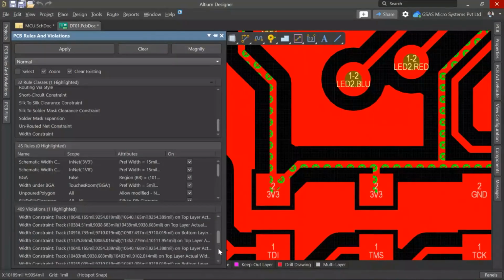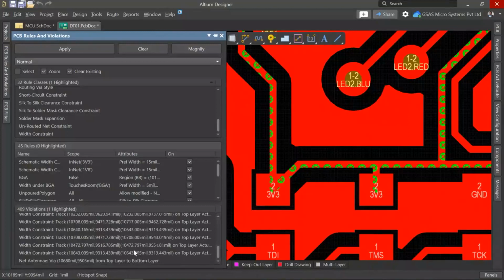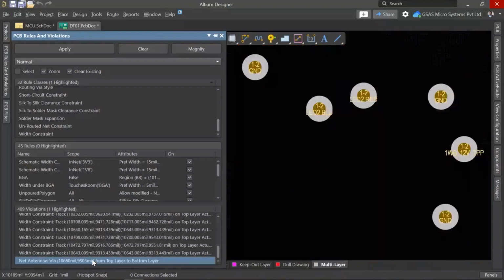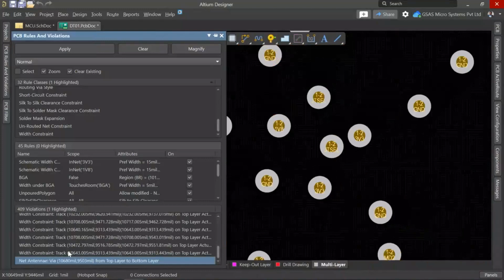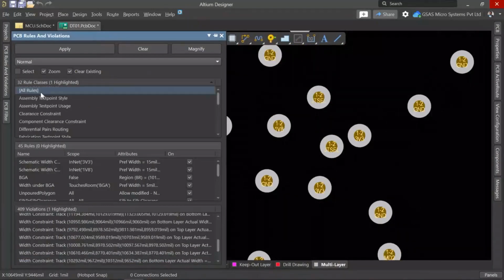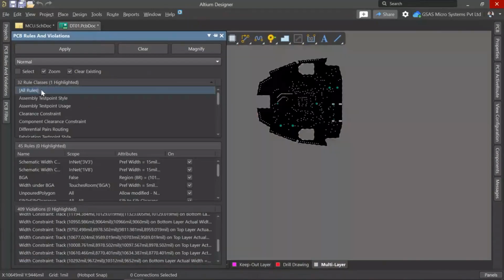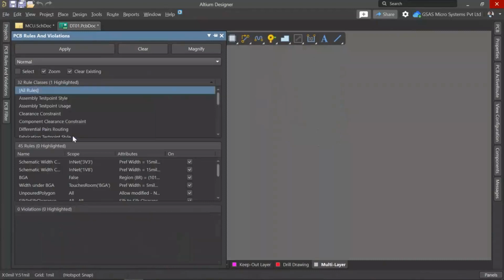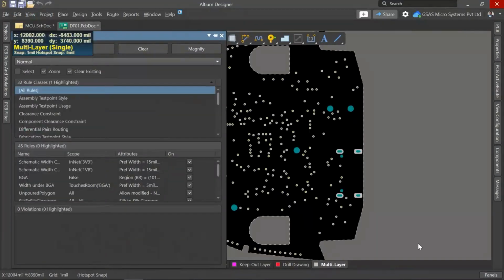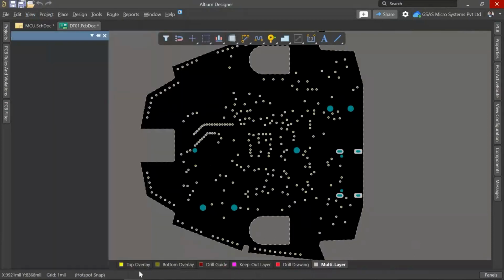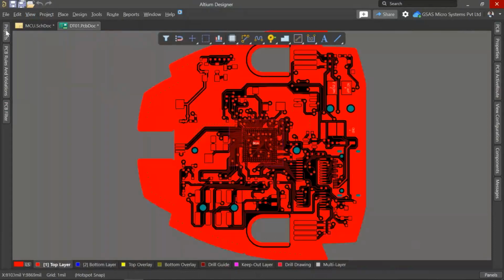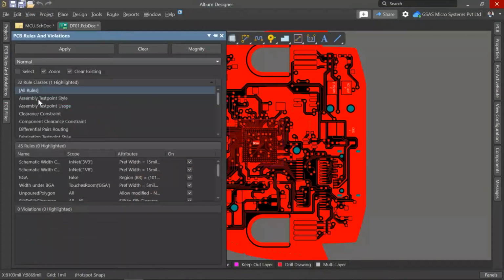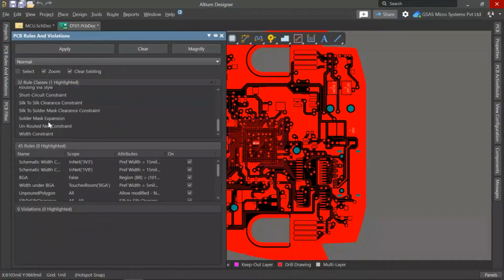But there are 409 errors, and we are not sure that all belong to this. See here, there's a net antenna via showing, which is not in our scope. So what we will do is clear all these errors. Right click here and then Clear All Violations. Now the violations are clear. Now let us say View, Fit Board. Then we will jump into the top layer. Now let us run the violations only for the width constraint rule that we want to verify.